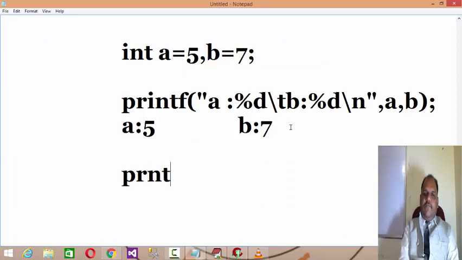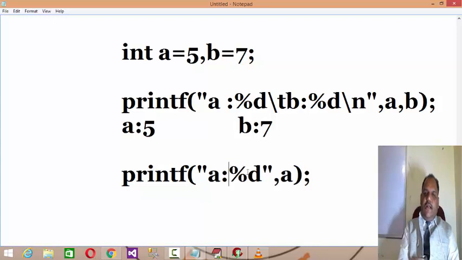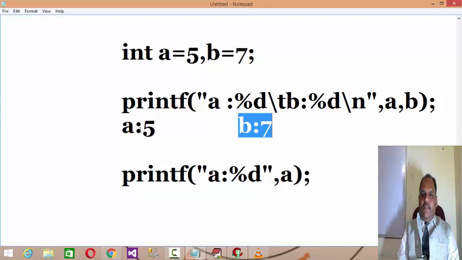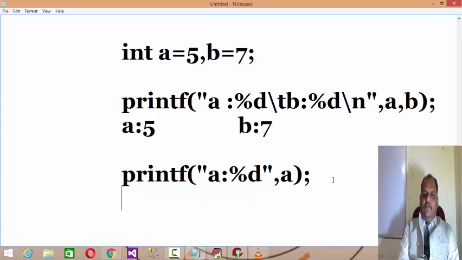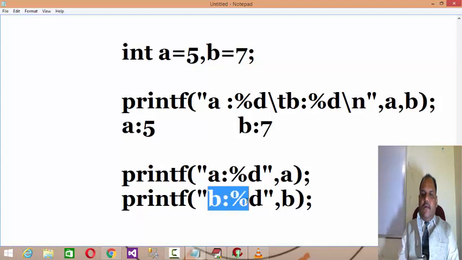Means here printf we are using to print the value of variables. Normal syntax is %d, a. So the value of a will be printed in the format of decimal over here. But if you want to add some comments, you can add like this. You'll get the appropriate result a colon 5 and b; you can write a equal to also if required. Get me point clear? If you want to print the value of b, then you can use printf b colon %d and b. So here this is the comment, and the %d will fetch the value of b over here, right?